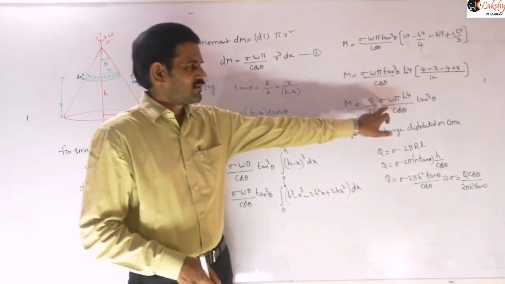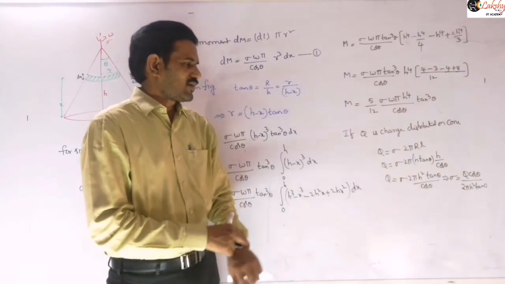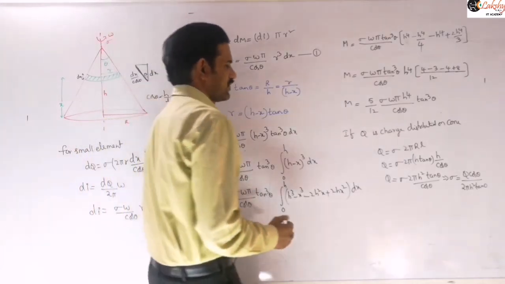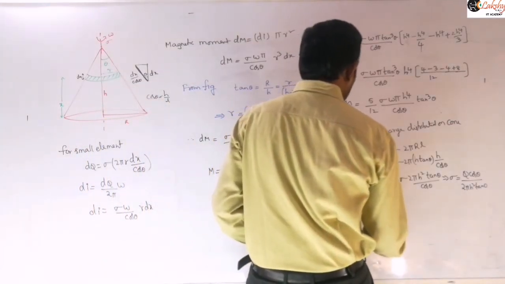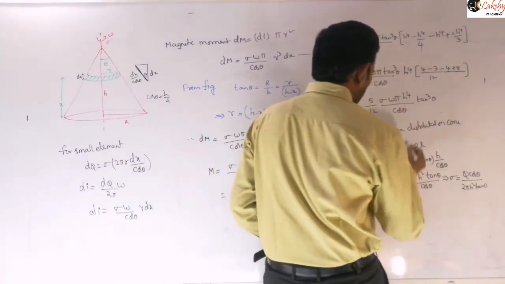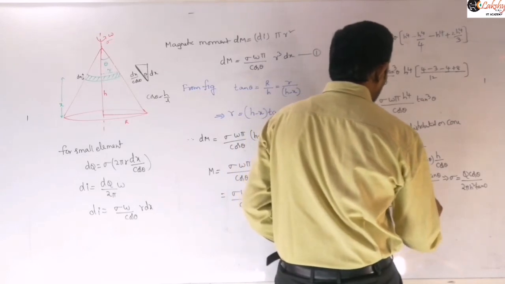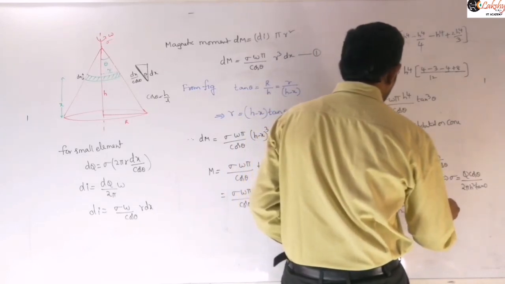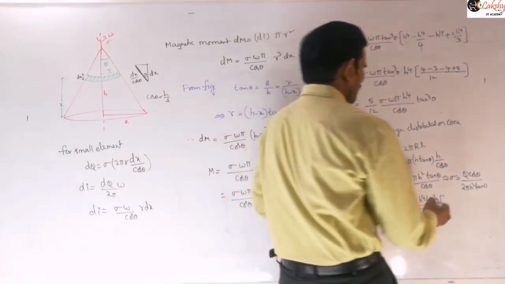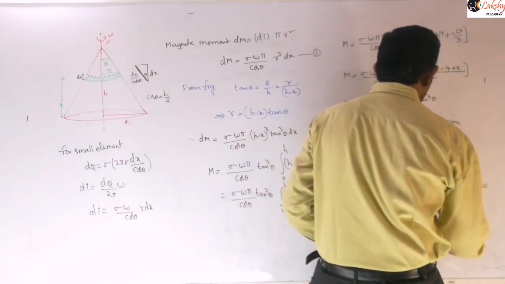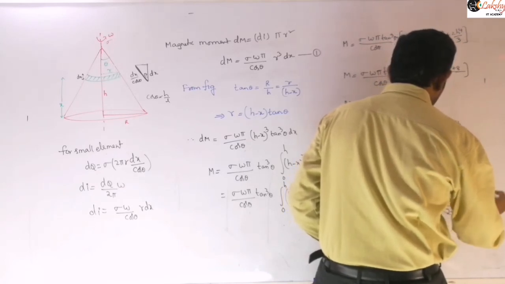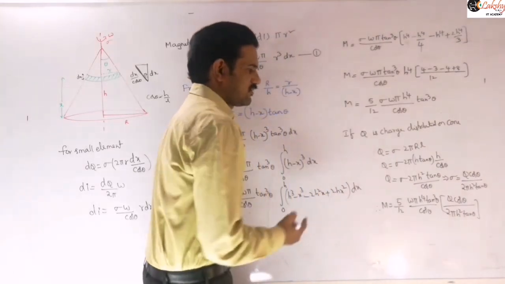Now to write the magnetic moment in terms of the q value, we need to replace the sigma by using that expression. Therefore m is equal to 5 by 12 into, except sigma, first I am writing the remaining one, omega pi h power 4 tan cube theta by cos theta into, now sigma means, let us substitute this expression here, q cos theta by 2 pi h square tan theta. So now you can simplify this.